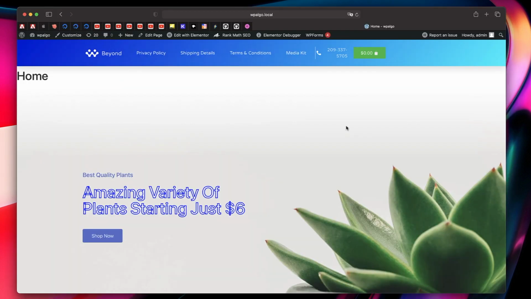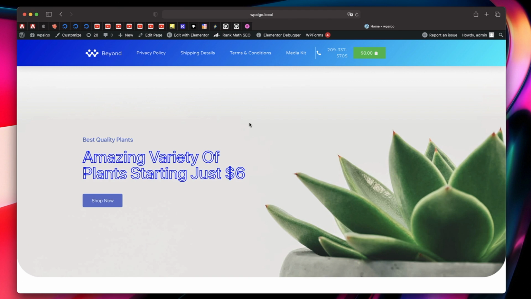Stay tuned. Now, before jumping into the tutorial, I want to let you know that this is a feature of Elementor Pro. So if you don't have Elementor Pro, now is the best time to get it. At the time of making this video, it's still in beta, but this is how it's going to work when it's released within the next few releases of Elementor Pro. With that being said, let's see how you can enable this.